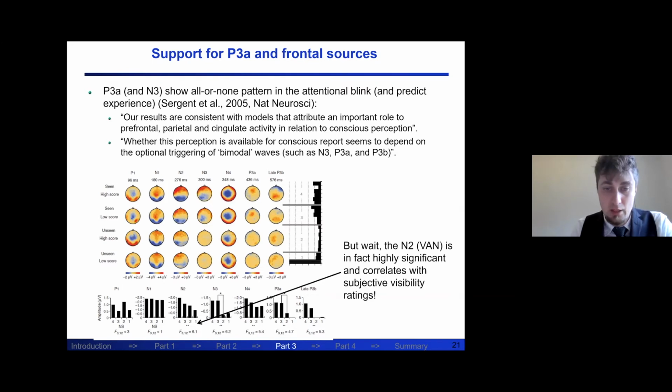the EEG signal. But if you actually look at it, you have this N2 component, which is where you find in the EEG what some researchers, for example Railo and Koivisto, term visual awareness negativity. And it correlates with awareness in a graded sense. So when people say they have no experience, it's very weak. When they say they have some experience, a weak glimpse or something, it's a bit stronger.